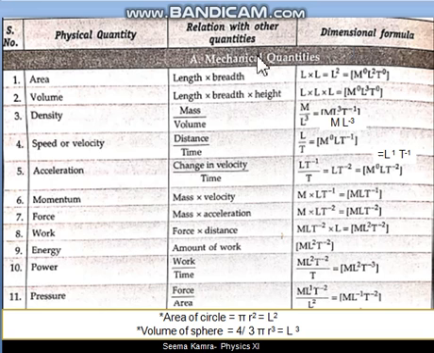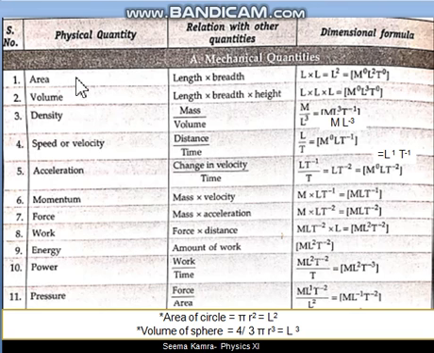Students, in this sheet now we will practice the dimensional formula for different quantities. These are the quantities given. We are starting with the easy quantity. Suppose first quantity we are taking is area and we are finding its dimensional formula. So what is the procedure? Whatever quantity is given, we have to first search its formula.